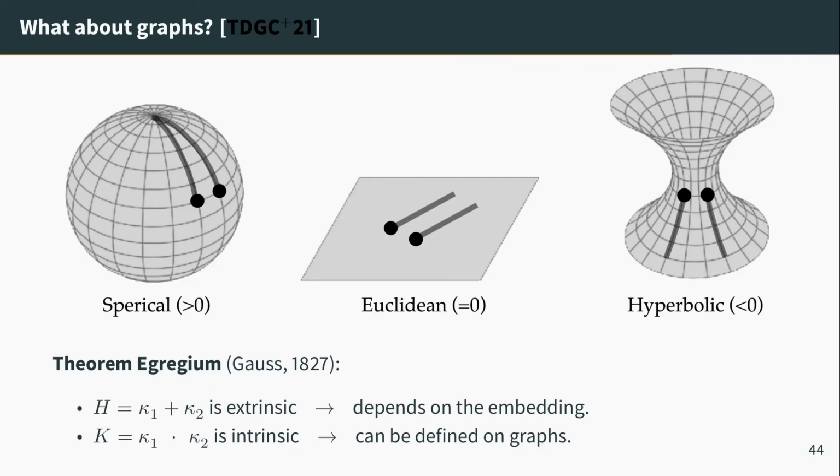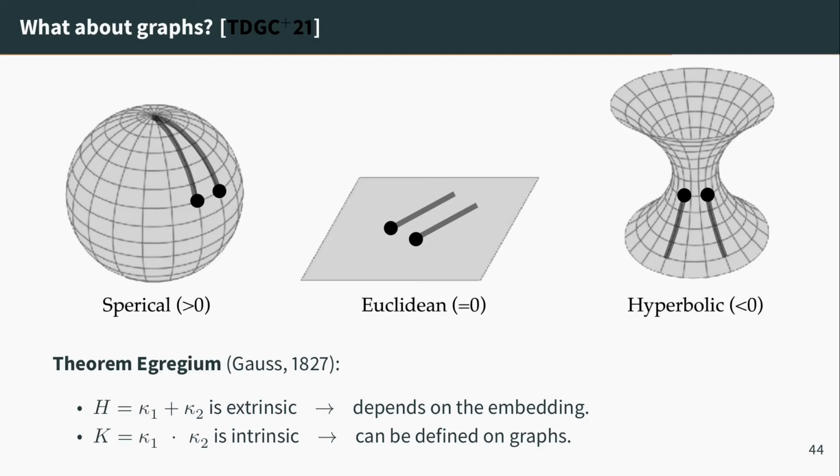So basically, all of this is super motivating to try to define curvature on graphs. But can we really do it? Because curvature seems to be a very continuous object. We are taking derivatives of curves in 3D space, so it looks strange. And actually, there is a very famous theorem by Gauss, a 200 year old theorem, that tells us that some curvatures can be defined on graphs, some curvatures cannot. On 2D surfaces, it's called the Theorema Egregium.